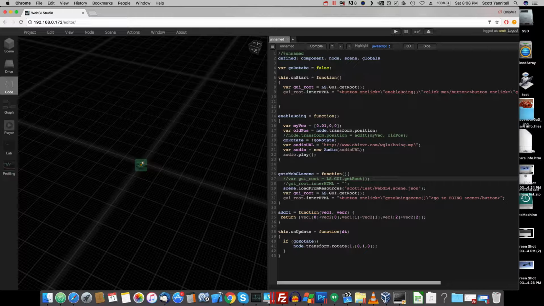So let me just give you a little explanation of how the code in this is written, and maybe it'll help you to learn how to do some of this stuff yourself, because the documentation for the editor isn't very good yet. So, similar to Unity, there is a start and an update function that's somehow built into the behavior system. So if you go to this on start, what happens is that we get a reference to the GUI, which is actually just HTML, and it's called GUI root, and it comes from this object